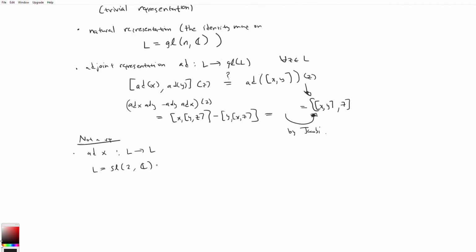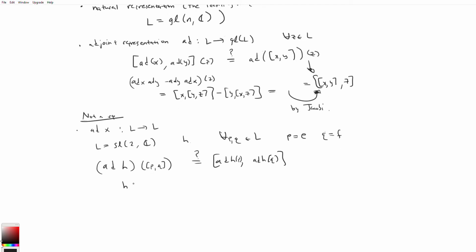Let's take the vector H. If we want to see if ad H is a representation, then what would need to be true is that for all P and Q in L, which is SL2C, we should have ad H acting on P bracket Q equal to the bracket of ad H acting on P with ad H acting on Q. And that's not true, because if you take P equal to E, the basis vector, and Q equal to F, the other basis vector,